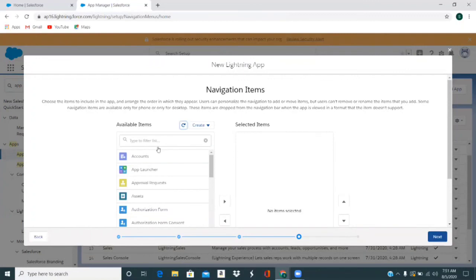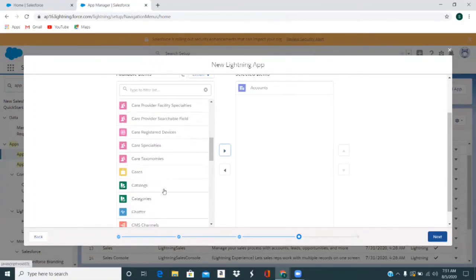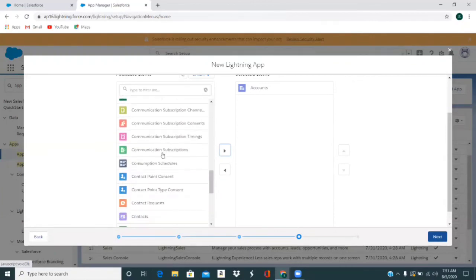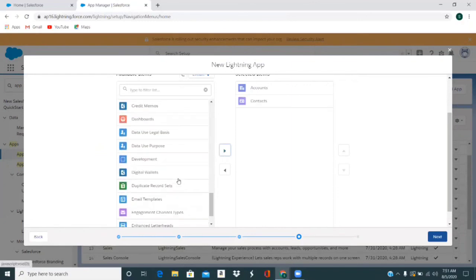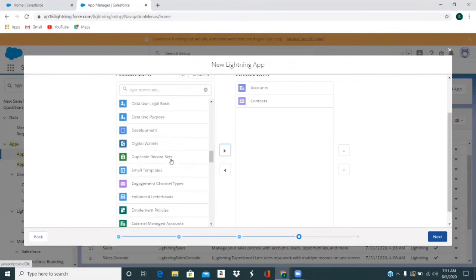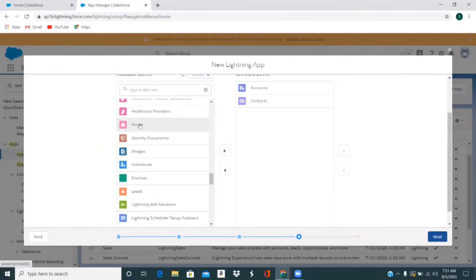And now here we will select the list of objects which we want to see in My App. So the first one is accounts. We will definitely need that. Then we would need contacts. Here you can see we have all different options.